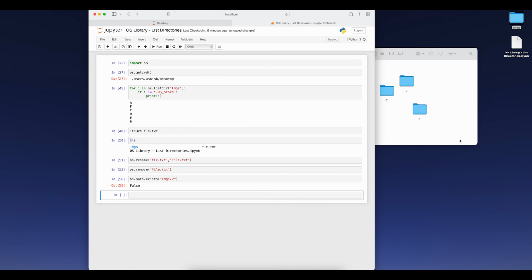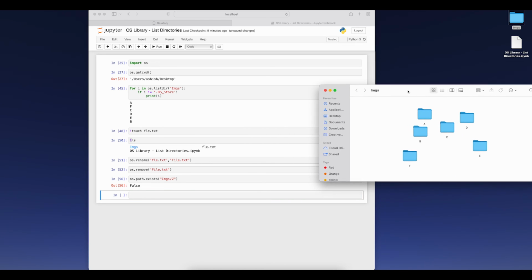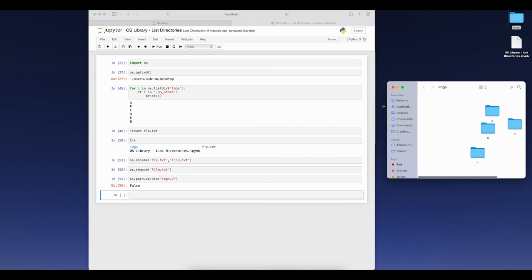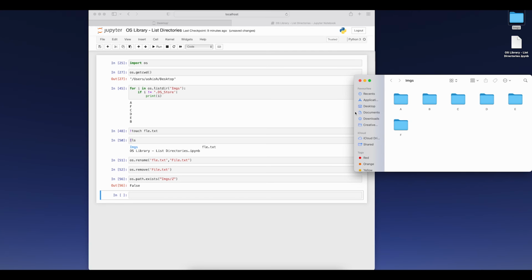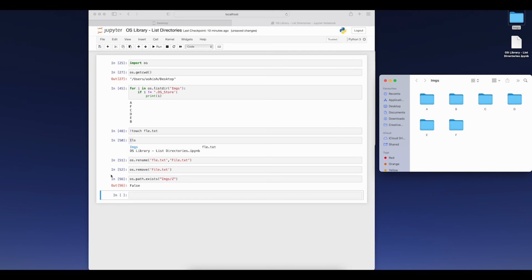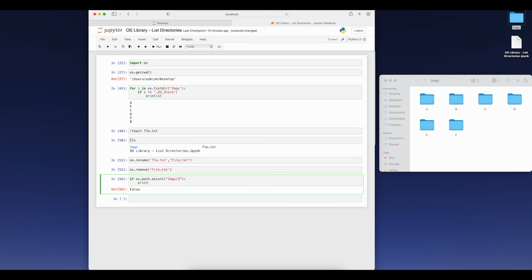For example, if you want to make a program, if a folder exists, then do this, otherwise do this. So let's work on that part, so that you get a basic understanding of how to deal with it. Let's suppose you want to create a folder on the desktop, but you do not want to create the folder directly. You want to check if the folder is there or not. So you write if os.path.exists, inside images, whether we are having a folder named Z or not. If it is there, then I'll do nothing. I'll print